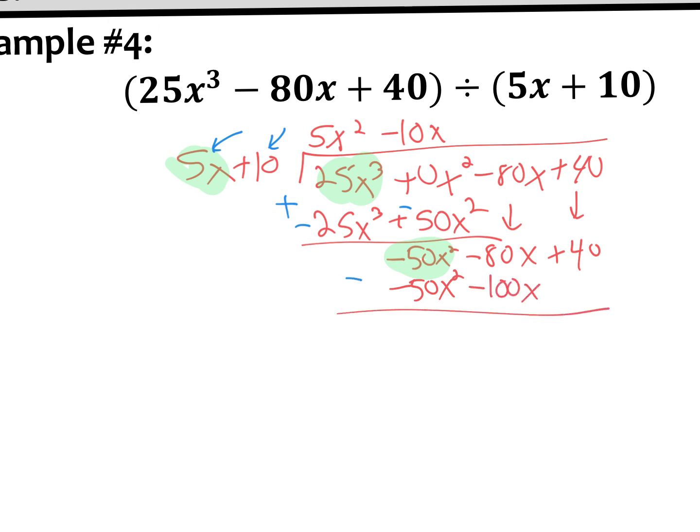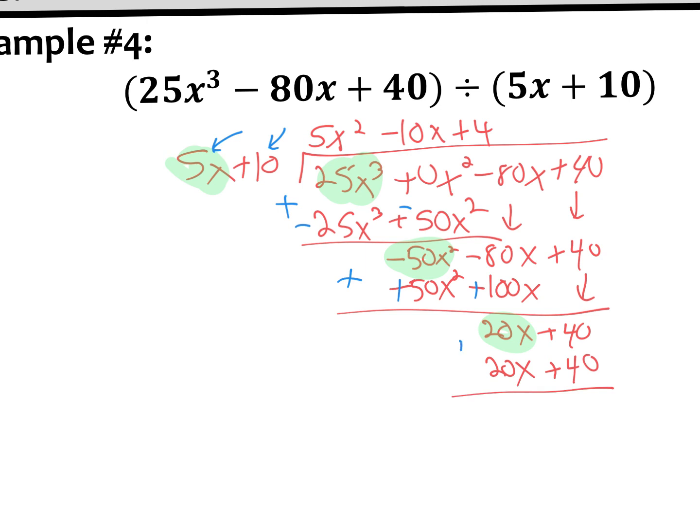Change it to adding the opposite, so plus. So everything below it is positive, positive. So now I should get not 180x, but 20x. All right, so now what do I multiply 5x by to get 20x? Well, that is 4. So 20x plus 40,